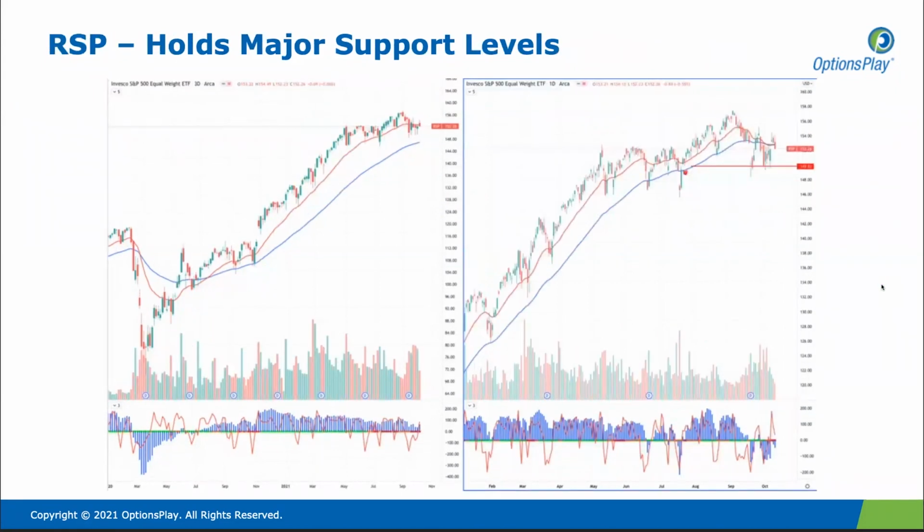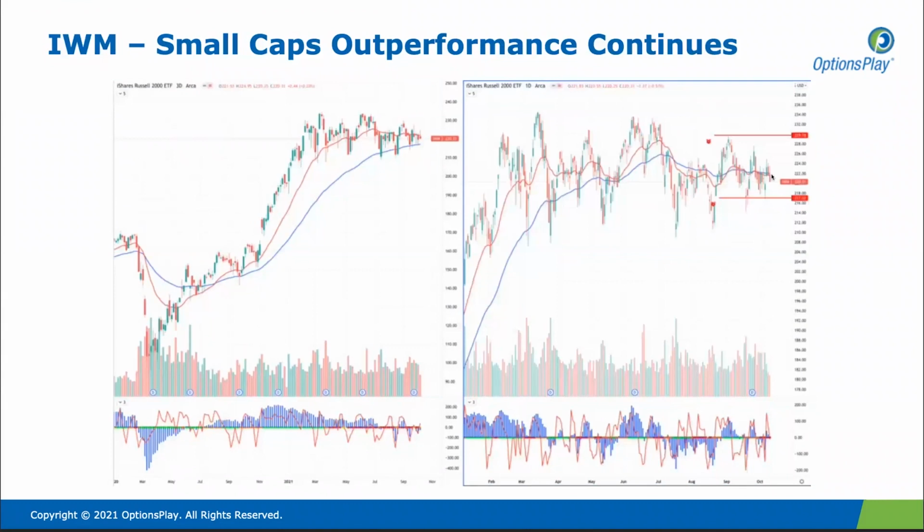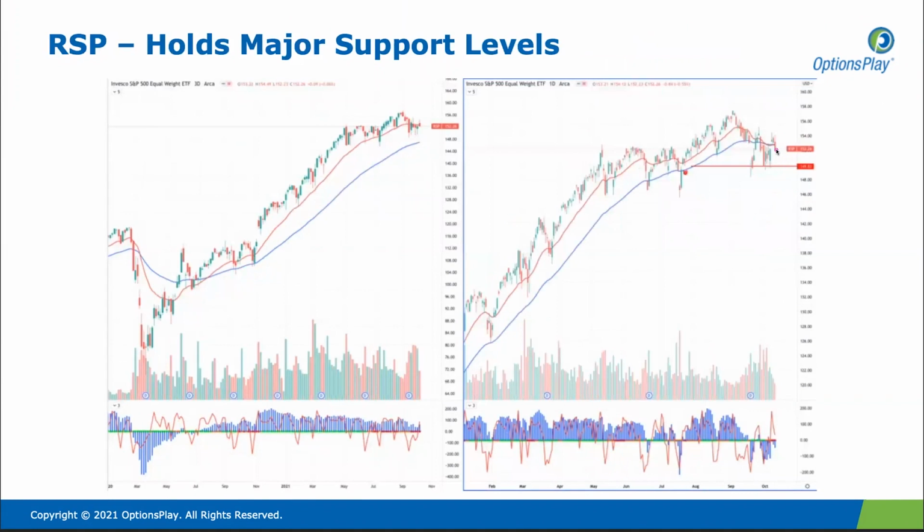But small caps, I would say one of the bright spots in the equity markets, have held and continue to make lower highs, while the S&P and the NASDAQ 100 have started to make lower lows. And this is really what is somewhat encouraging about the market breadth that we're seeing in the equity markets today. This is especially true when we look at the equal weight S&P 500. It continues to make higher lows. So this is really quite encouraging, that the broad market is not selling off as the S&P and the NASDAQ remain fairly weak over the past few days.